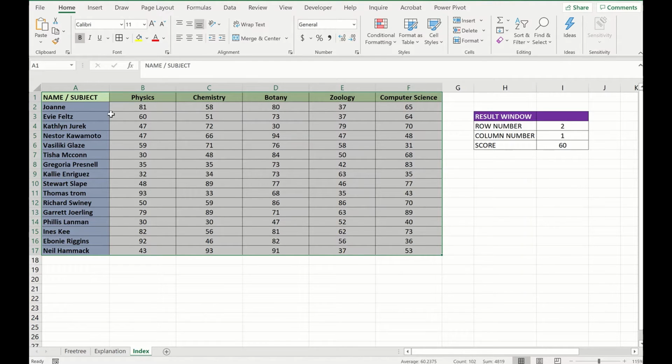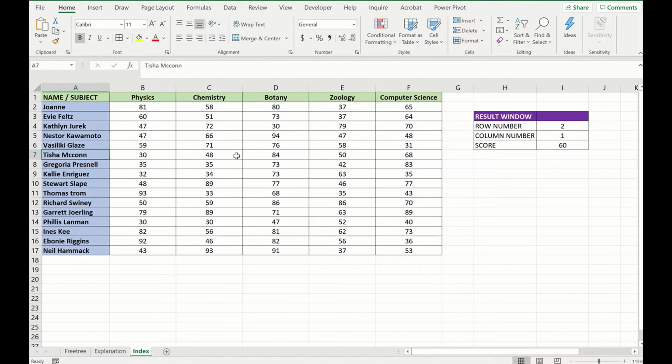So all we have to do is find the mark in the nth name and mth column. That's all it is, right? So if I press row number 1, column 1, it is going to give 81, which is this one. If I press 2, 1, it is going to get 60, right? 2, 1. So that is all we're going to accomplish.